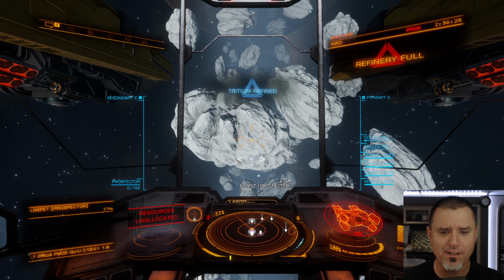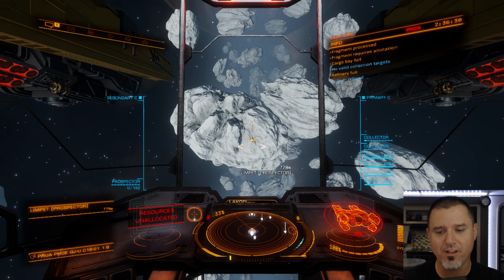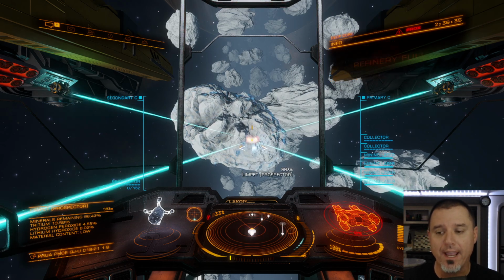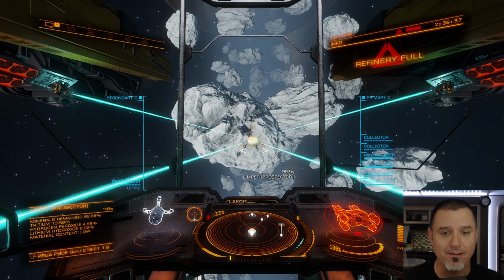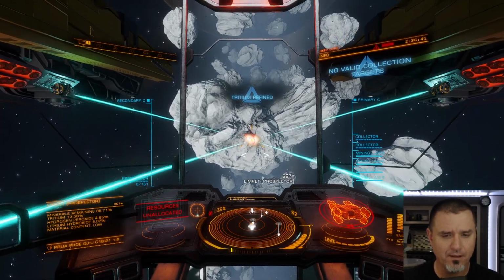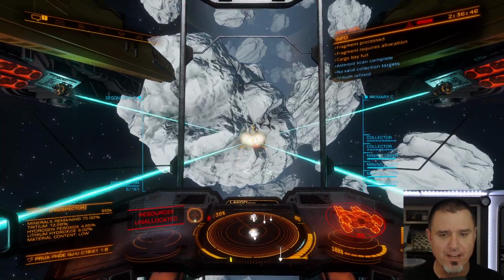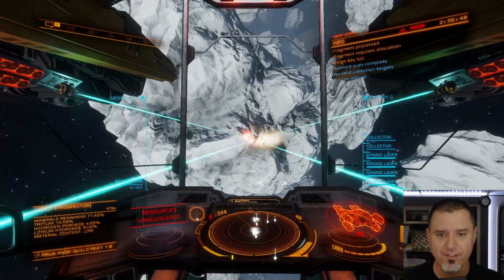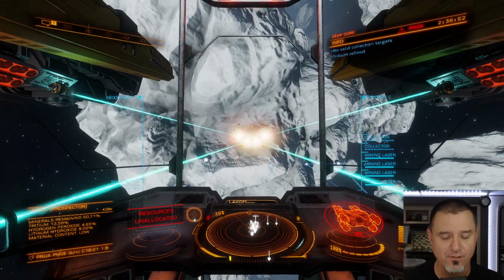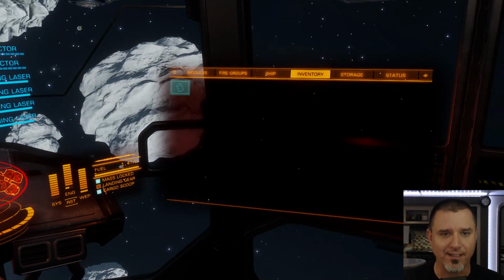So yeah, I don't recall exactly where we're coming from. You generally want to go away from wherever it is that you came in, so that way you don't accidentally start scanning asteroids that you've already gotten, but sometimes you get disoriented and you lose track of where you're going. So I want to take a second and see exactly...